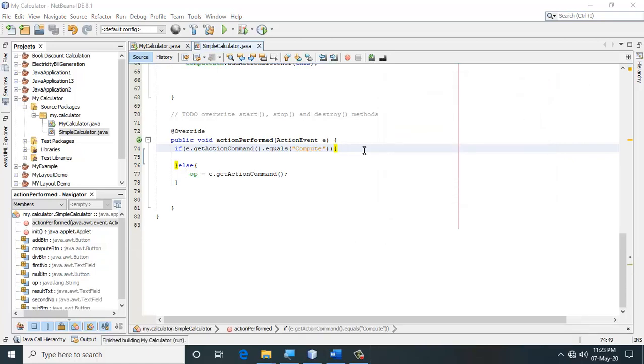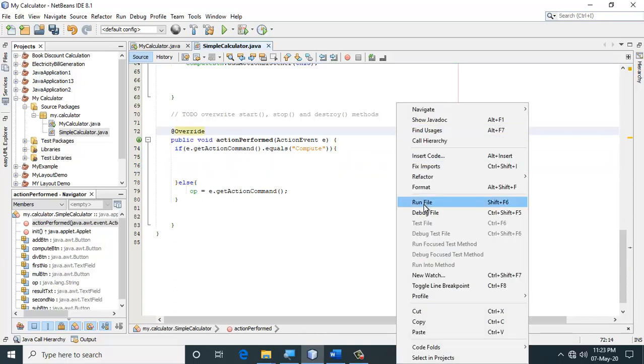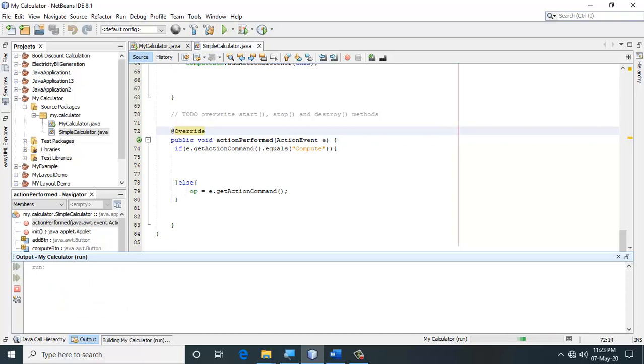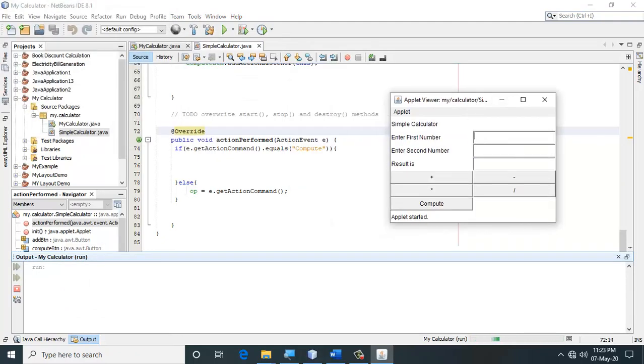How to perform the actual calculation? In order to perform the calculation, I have to get the two numbers which are typed in the text box.